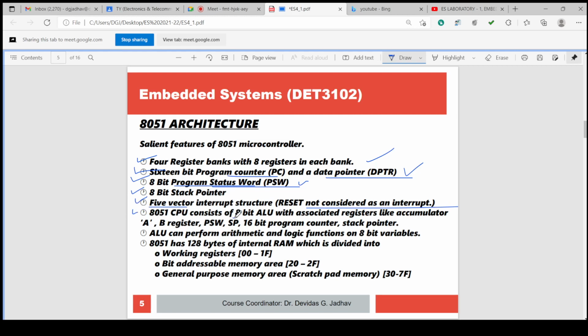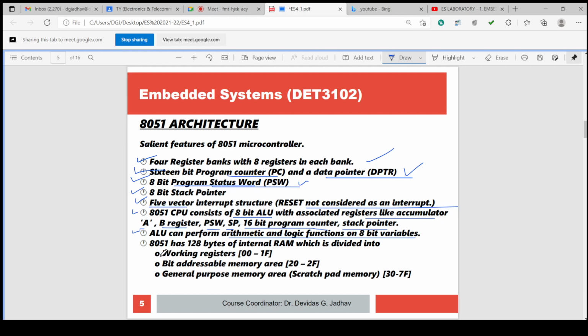The 8051 CPU consists of an 8-bit ALU with registers like accumulator A, B register, PSW register, SP register, 16-bit program counter, and stack pointer. The ALU can perform arithmetic and logic functions on 8-bit variables.